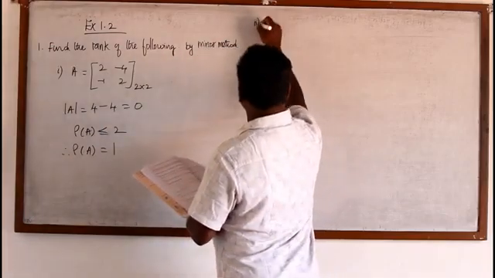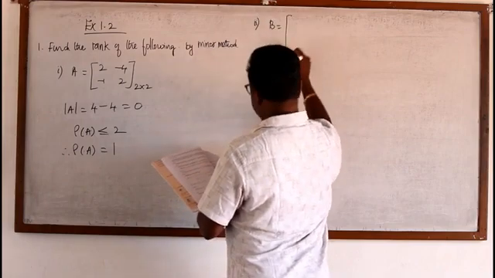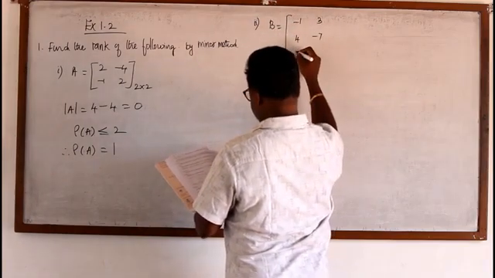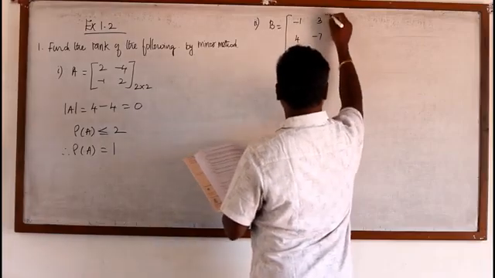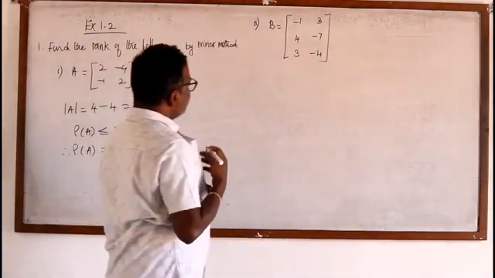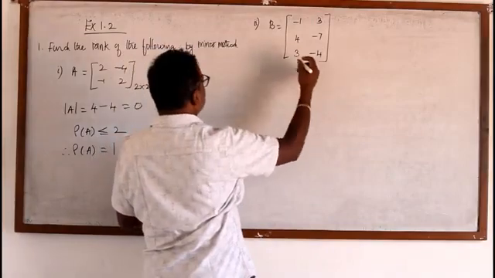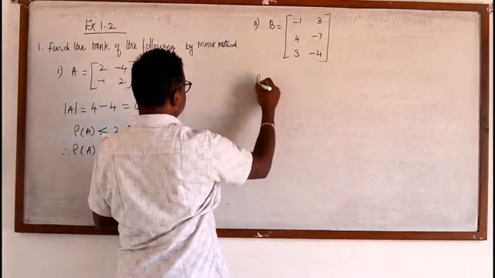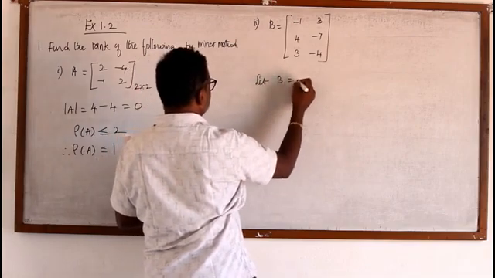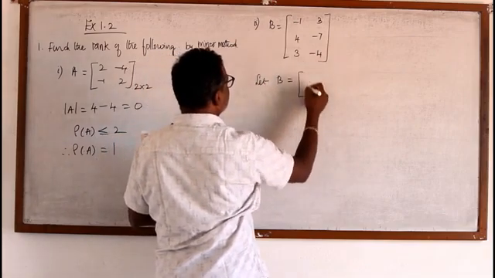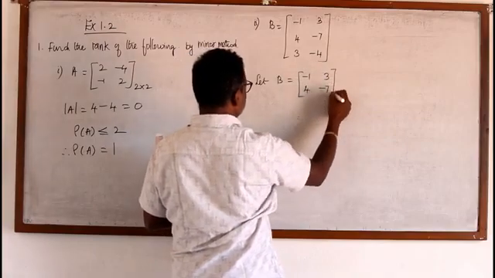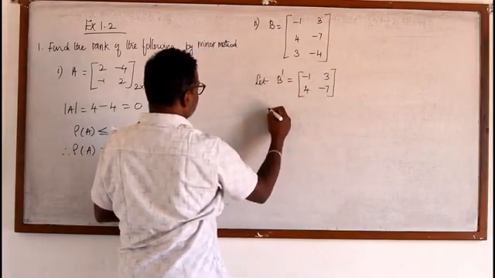Problem number 2. Let me take it as B: minus 1, 3, 4 minus 7, 3 minus 4. This is not a square matrix, therefore it is a rectangular matrix. So let me consider a cofactor matrix. Suppose I take minus 1, 3, 4 minus 7 as B dash, then